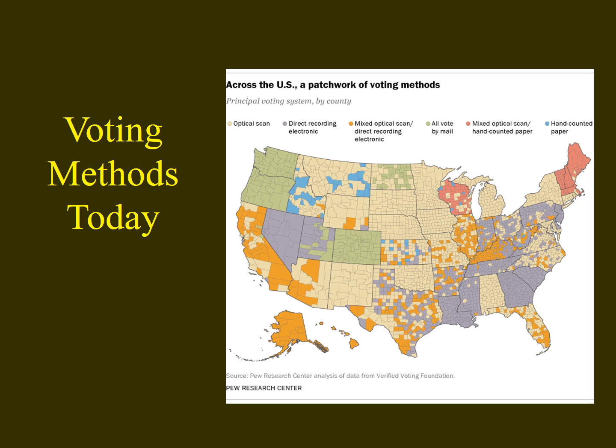That's actually reflected by the so-called patchwork of different voting methods in each state. Some states have optical scan, where you fill out a Scantron sheet. Some vote strictly by mail. Some are recorded by machines. In some areas, in some states, some ballots are hand counted and some are counted by machines. Really, we have a ton of different methods for voting throughout the United States today.